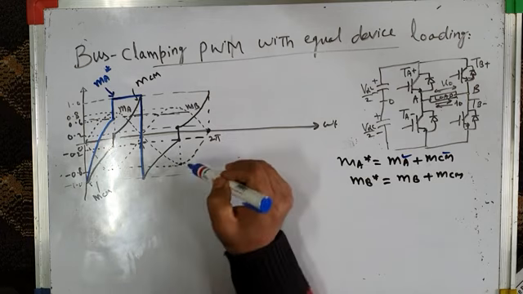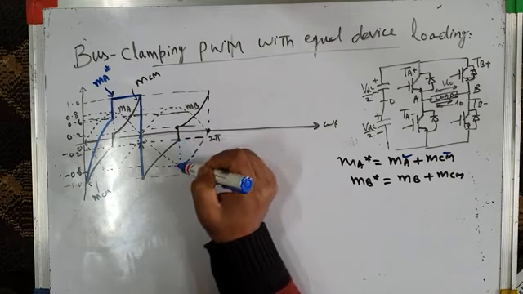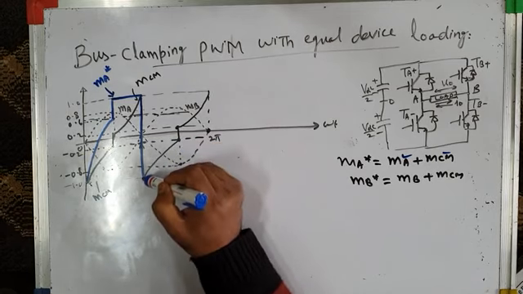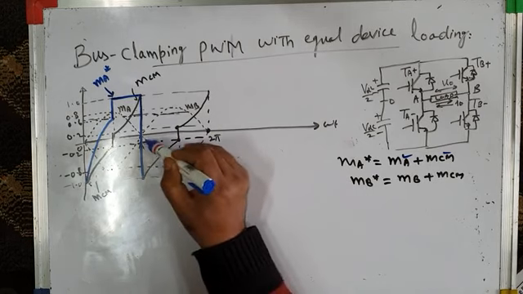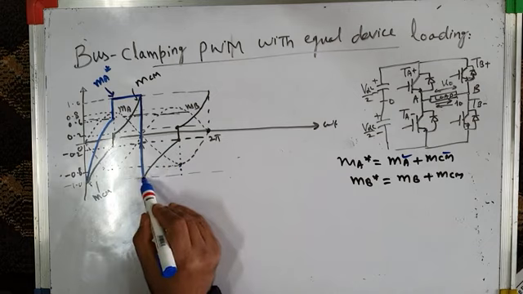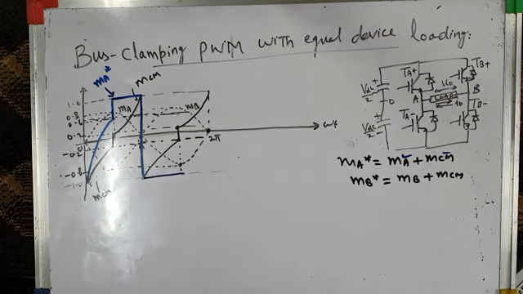MA is minus 0.8. And what is MCM? MCM is minus 0.2. So the sum of the two is minus 0.8 minus 0.2, that is minus 1. And similarly, from this point to this point, this plus this, it will all the way through be equal to minus 1.0. तो ये minus 1.0 के बराबर हो जाएगी. उसके बाद आप